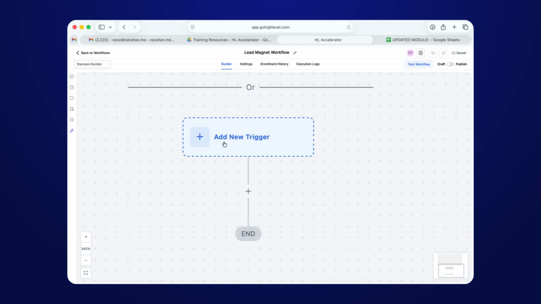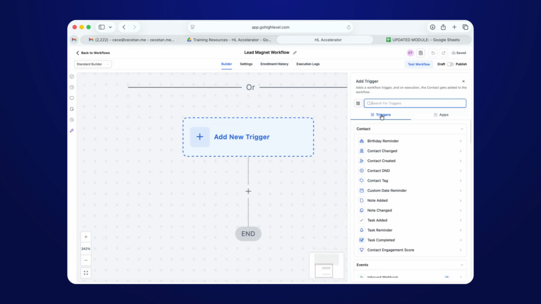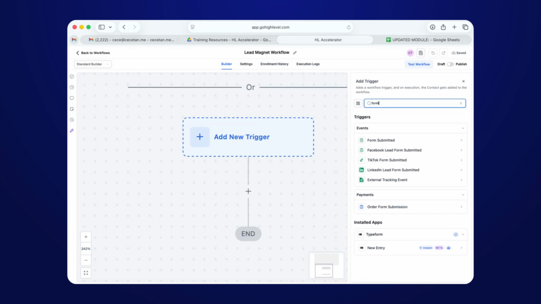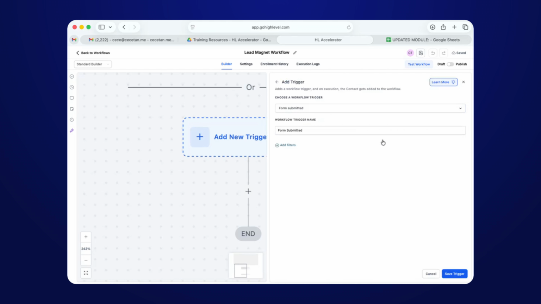So to do it, let's click on add new trigger, and we just have to look for a trigger specifically on what we're trying to achieve, and that's when somebody submitted the form. So someone submitted the form. Which form are you referring to? Because if you end up not identifying which form, then this automation is going to be applicable to all the forms